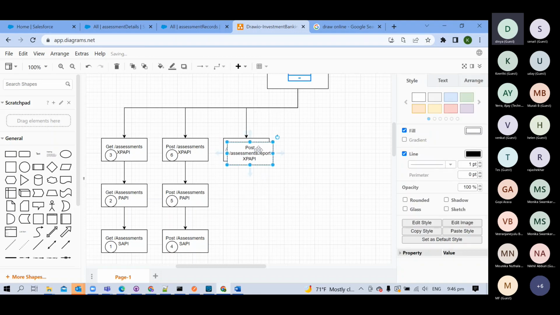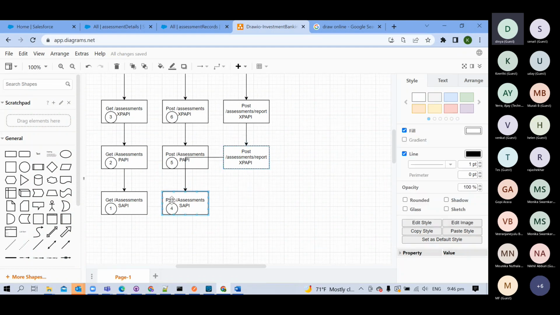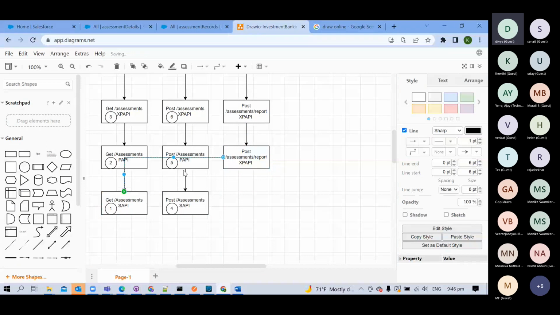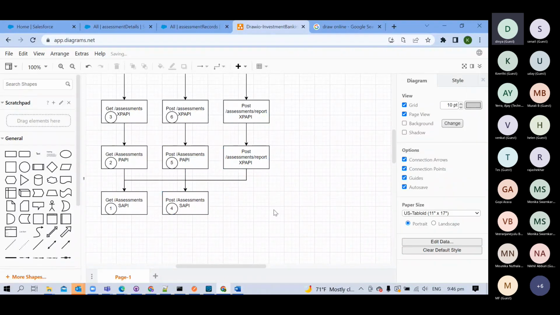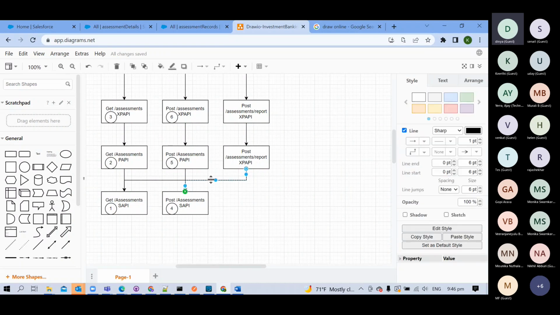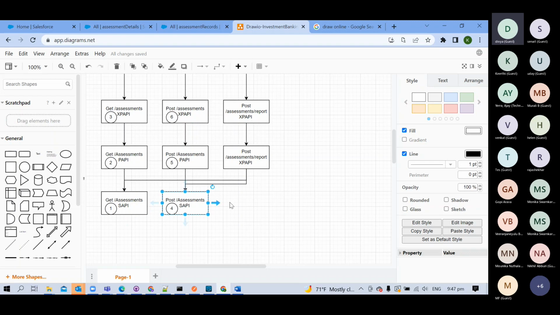So the experience API will be there, then the process API will be there. To generate the report, we don't need to call Salesforce again, which means we don't need to create another system API. So this will call this system API, and this system API. It will not call, create a new system API to get this set of questions and answers and what he answered. What he answered, he will get from